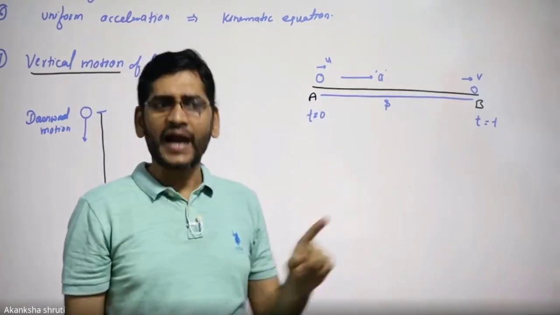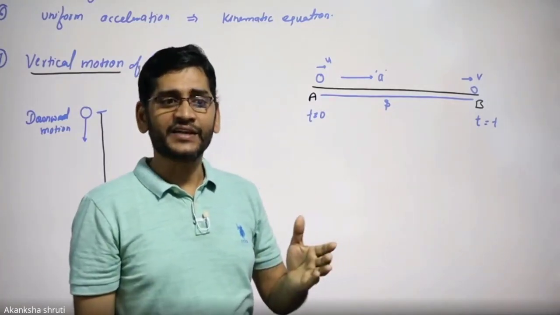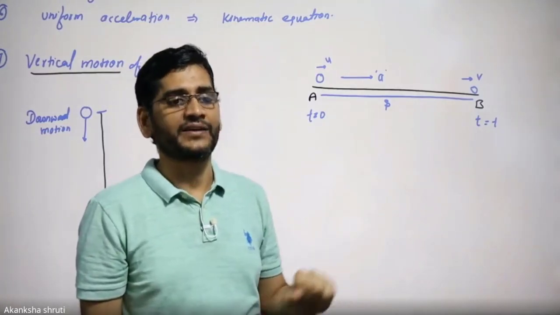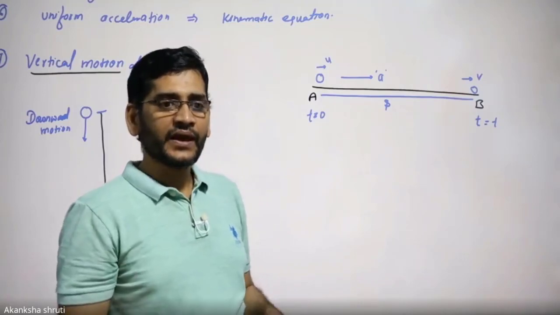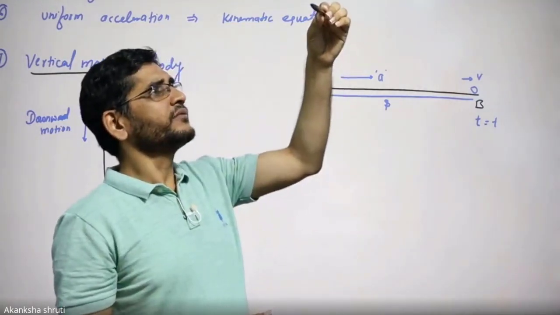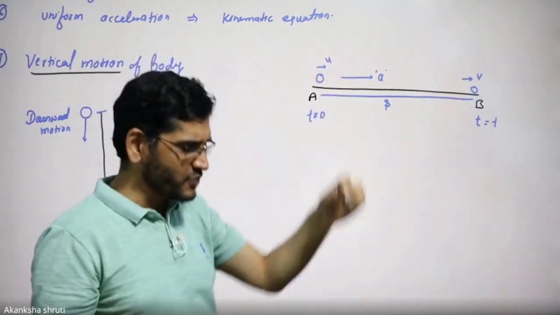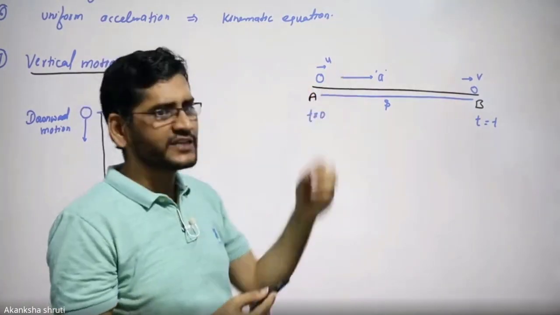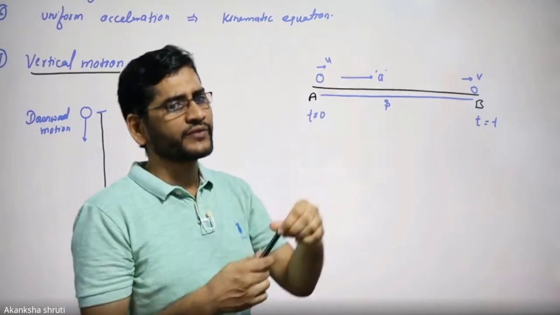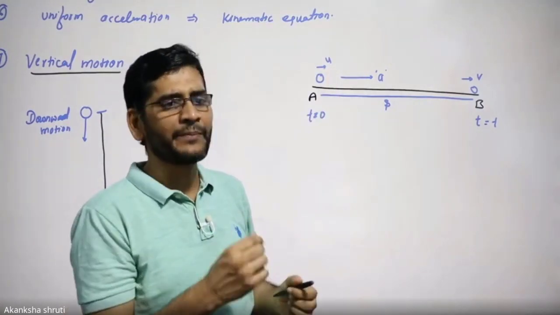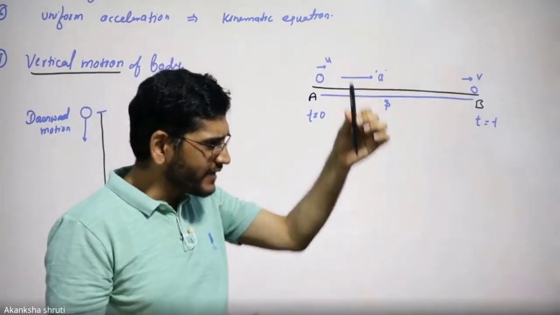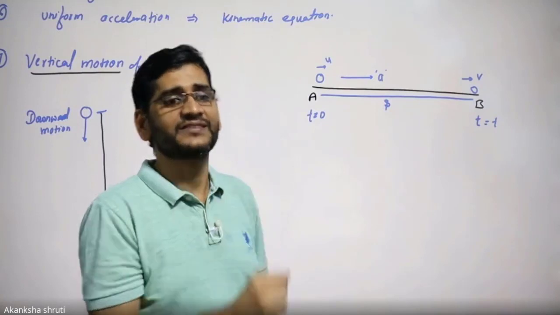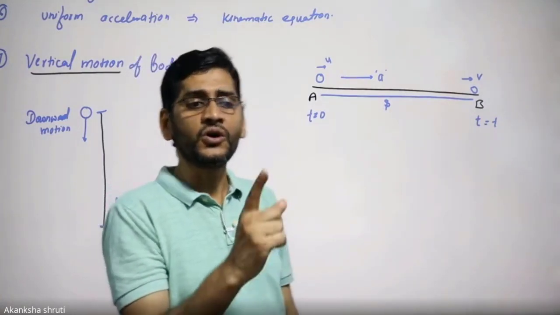Like you may drive your car with different acceleration depending on how much you press the accelerator of your bike or your car. But if you leave a ball from a certain height, it will always move with the same acceleration. Whether you leave a heavy ball, a tennis ball, a pen, a pencil, or a paper, the body will always move downward with the same acceleration. That acceleration is always fixed, and it is called acceleration due to gravity.